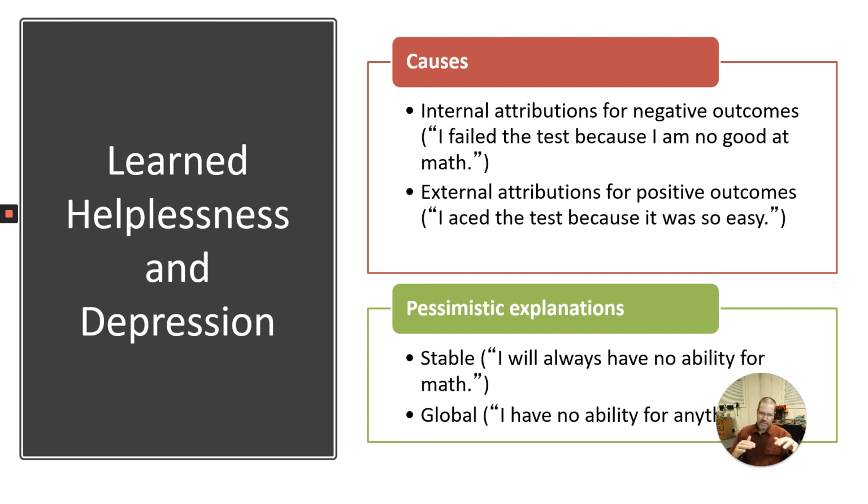So it's sort of along the same lines, but look at the word always in there. I will always have no ability for math. You've concluded this is a dangerous place to be, by the way, especially if you're ever in a position where you're counseling people and you just hear that this is the way God made me. I can't change.